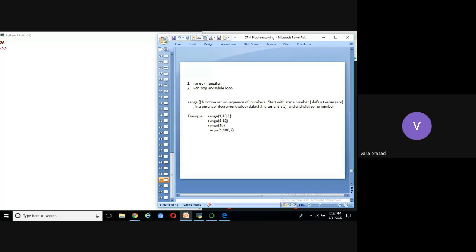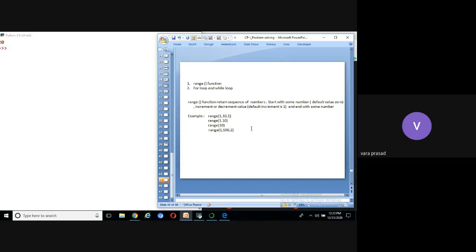How to generate the sequence? Take the starting value, add the default increment, then it will become 2. Take the 2, add the increment value, 2 plus 1, it will become 3. Again 2 plus 1, it will become 4. Like this we can generate a sequence up to 10.